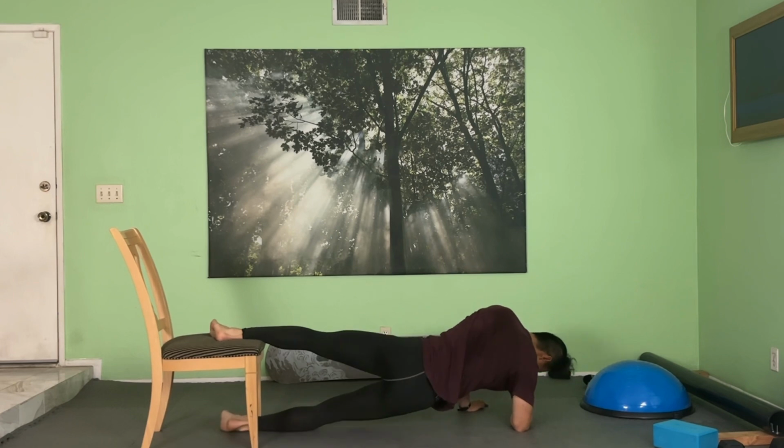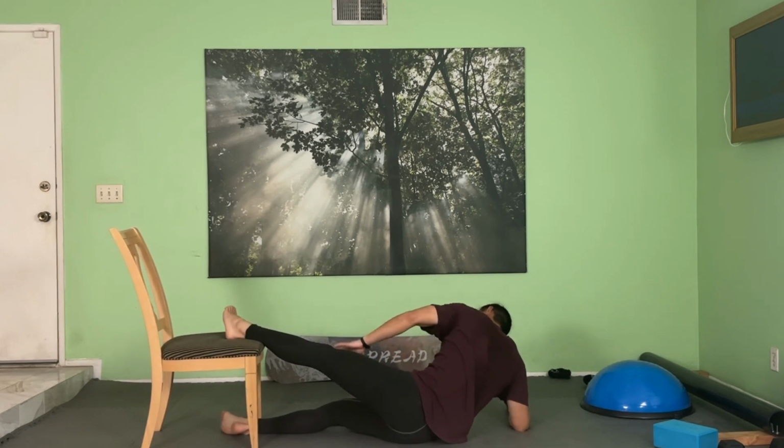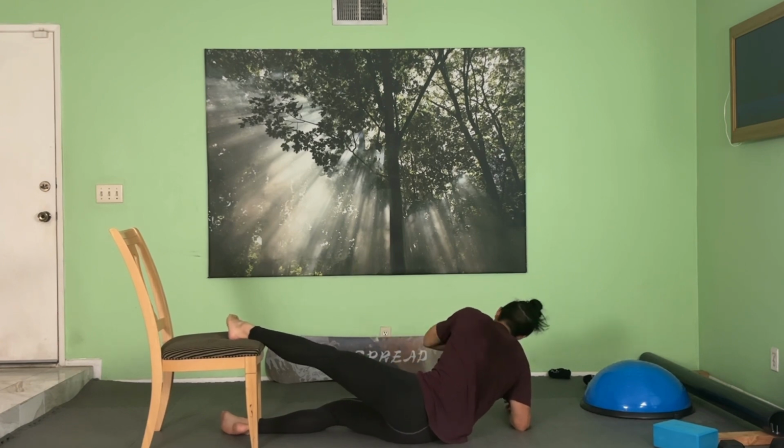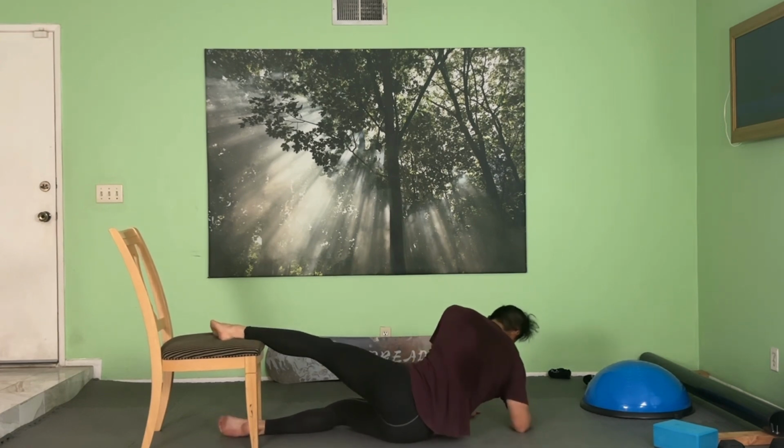Some weak adductors, but they're gonna become strong. Your adductors are gonna become as strong as steel. So, I don't know if you can notice or not, but I don't do this exercise very often. This is probably my third time doing it. I kind of just started incorporating this into my routine because